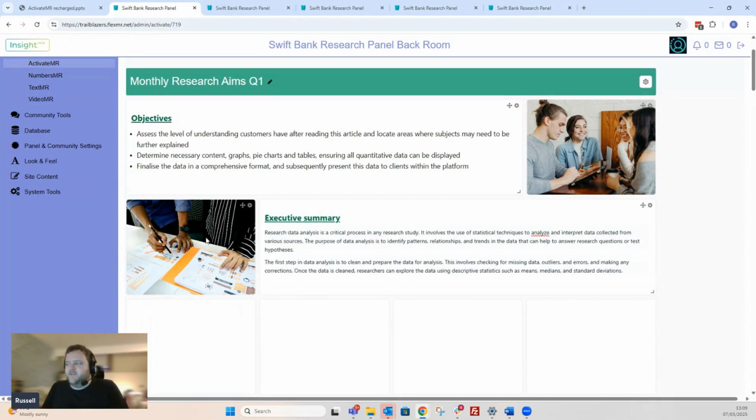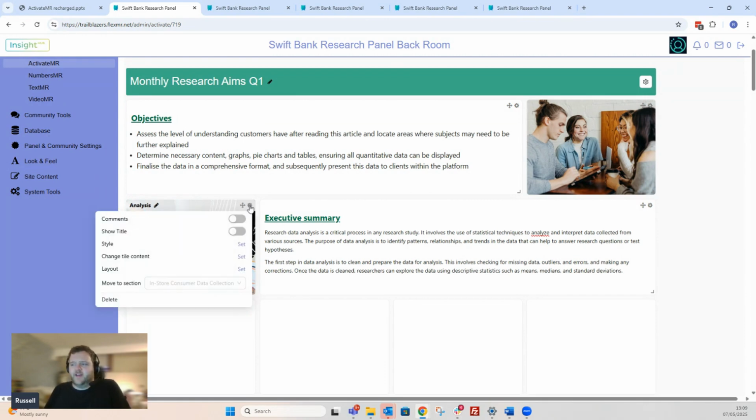Another very important tile for adding context around our research is a media tile. As we can see in this analysis, we've got multiple media tiles available to us. It's unlikely, however, that our images will exactly fit the predestined size of this box. We do have various tools to help us set up how we want this image to be laid out. If I select the settings cog, I can then see within this menu, I have the option